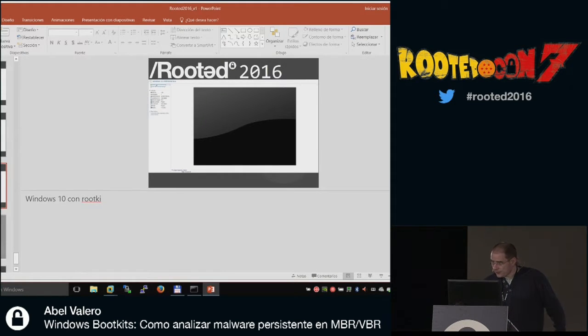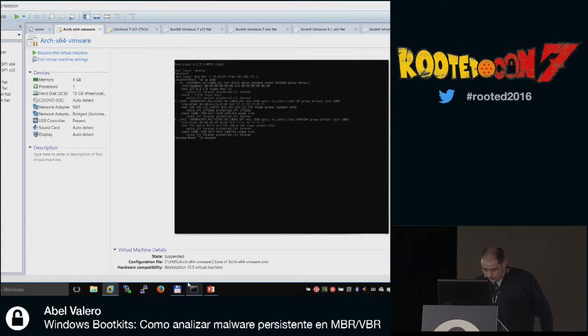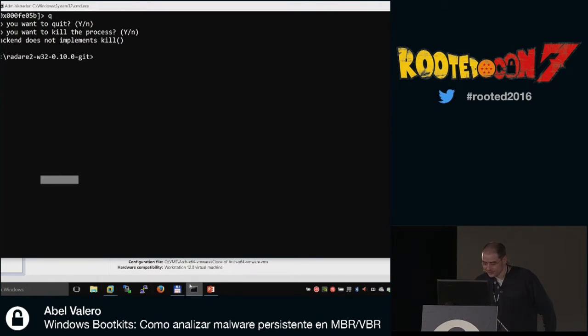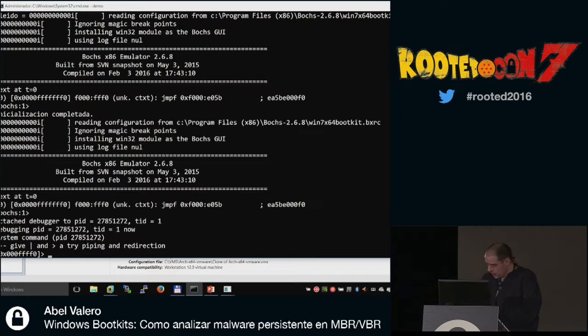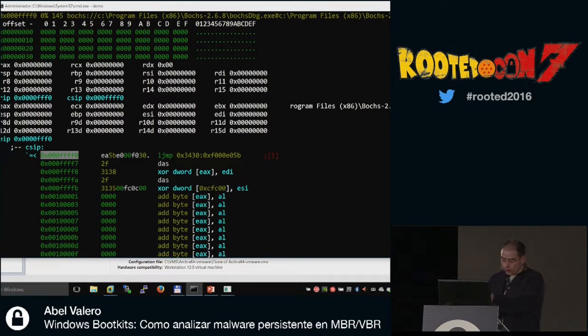Okay, I will show you an extra slide and demo I was working on during the weekend. It was Radare 2. I'm going to launch the demo. The bochs executes behind with the console addressed to Radare 2. Radare 2 traces the system in visual mode, with all its functionalities.